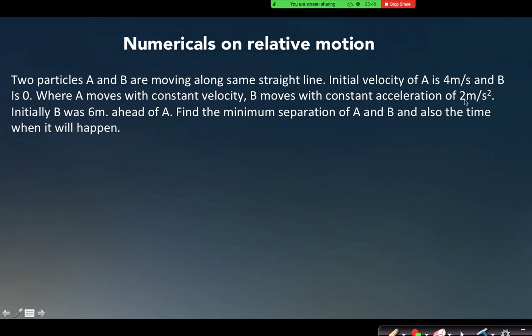Okay. Here you can also take the direction. Let me give you the direction. This is 4 meter I cap, this is 2 meter per second square I cap, right? And A and B were along the same straight line. You can assume this to be x-axis, right? Also from the same equation, time equals 2 seconds and the minimum separation is 2 meters. Yes, good. Draw the S-T graph where S is position of B with respect to A.